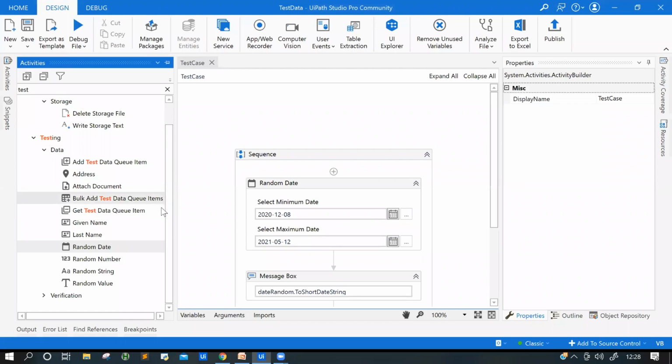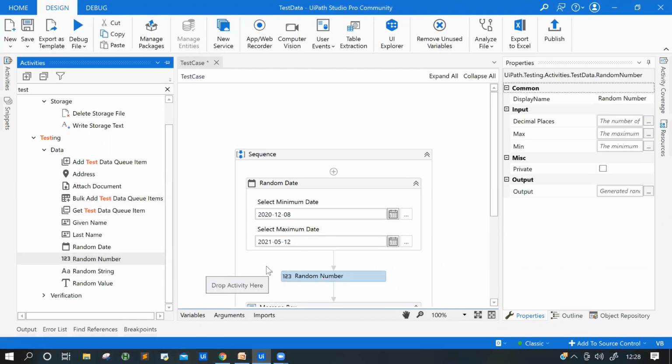Okay, and this is about random numbers. It is again the same, drag and drop, generate number. And if you want to generate in mass, you can put it into a loop or something like that. That will help you. I think that's pretty much about test data. So no need to worry about test data anymore. You can just generate it by drag and drop.